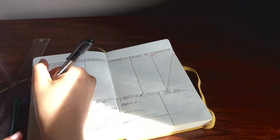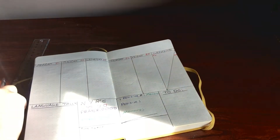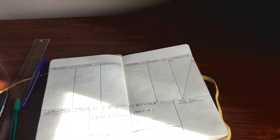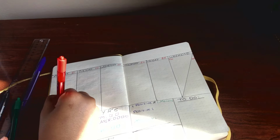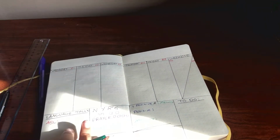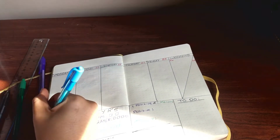So now we are on the language tally. This is where I write down all my languages and how much I study each a week, just to keep on top of stuff and it keeps me a little bit motivated. If you don't know all the languages I speak besides English, I know American Sign Language, then we have Spanish, which